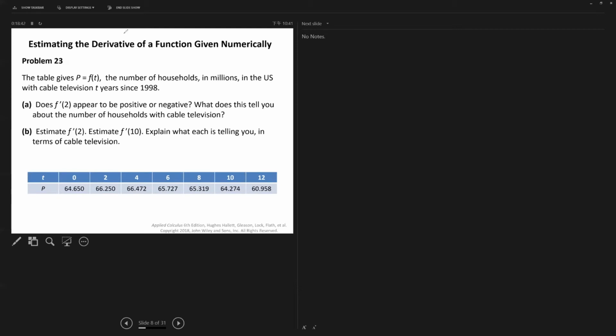Okay, before we move on, remember that f prime, let's take a look at part A first. f prime of 2 means the rate of change at t equal to 2. Oops, not 0, 2. Okay, so in the context of this problem,